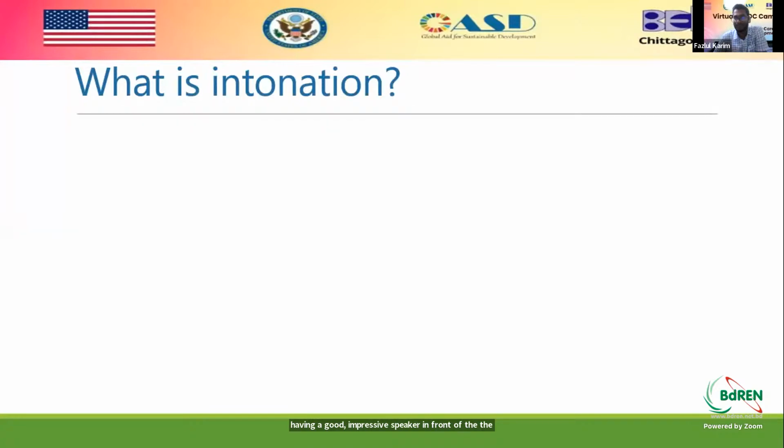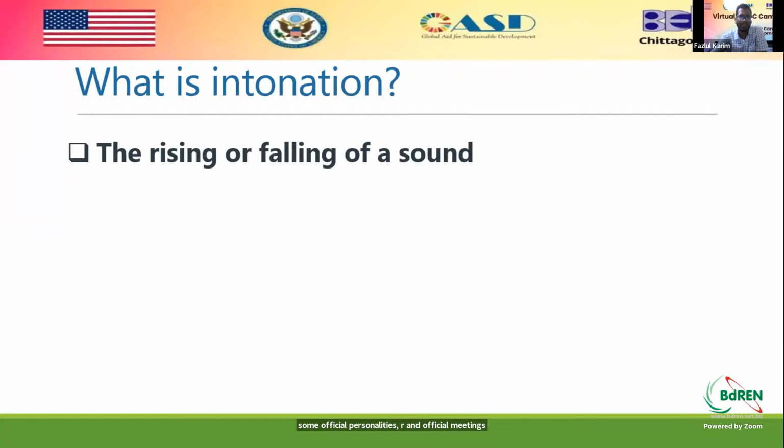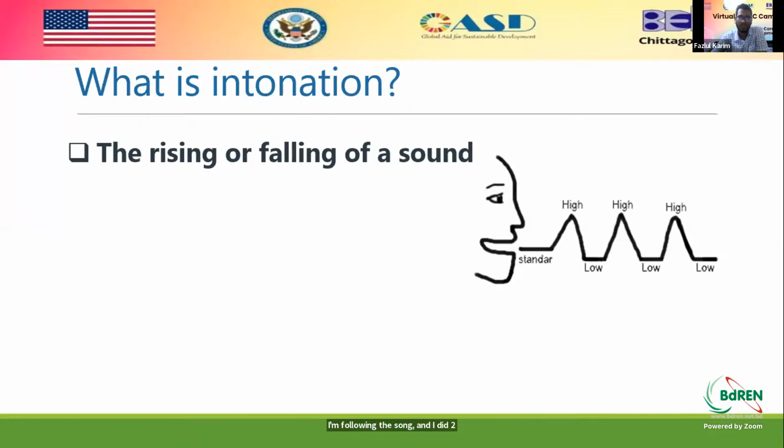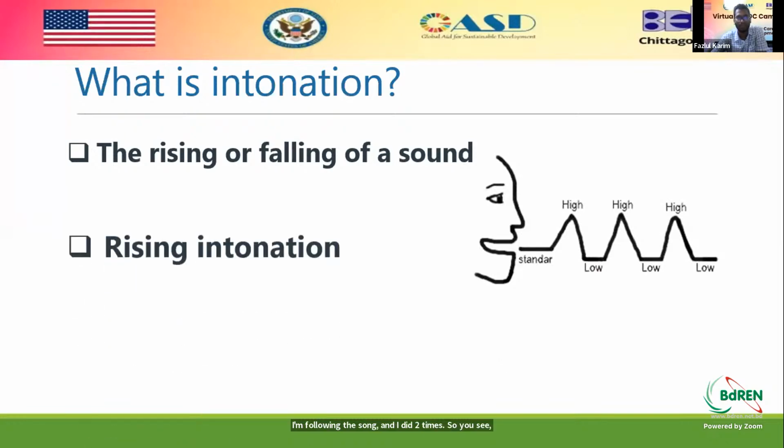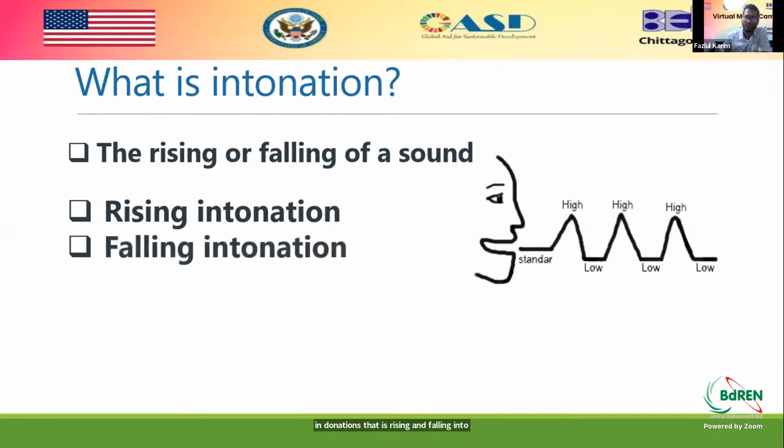in official meetings. And you see, intonation is the rising and falling of a sound. There are two types of intonation, rising and falling intonation. So sometimes you have to increase your intonation, sometimes you have to decrease it. And again, you have to go for leveling, then you can go, and then you can go back. So this is called intonation, and intonation